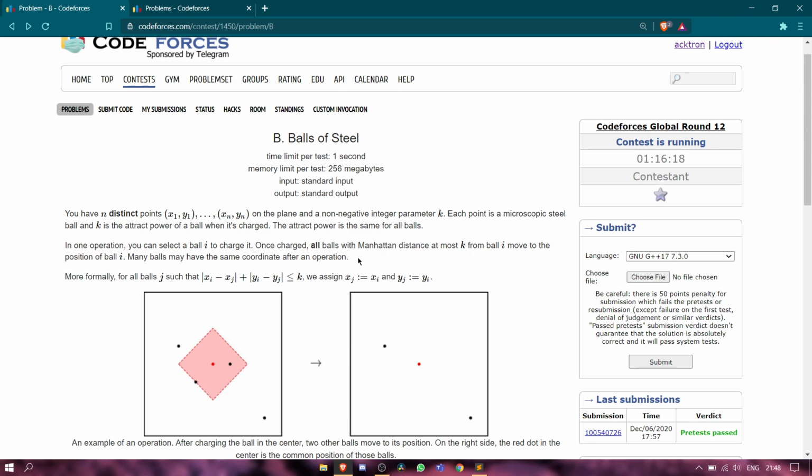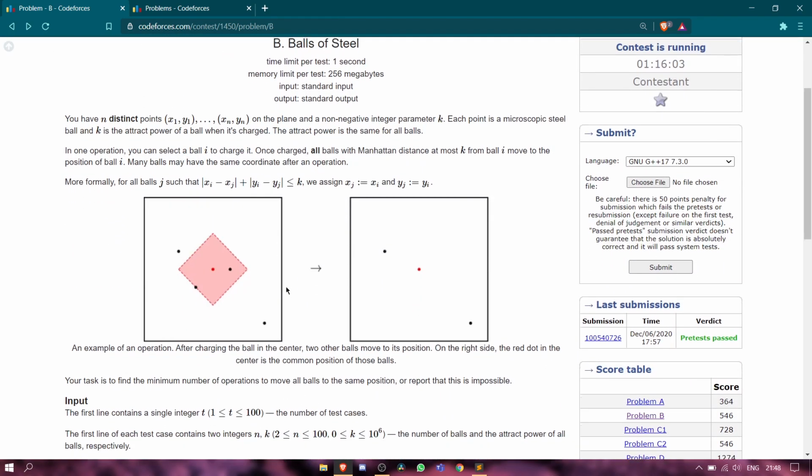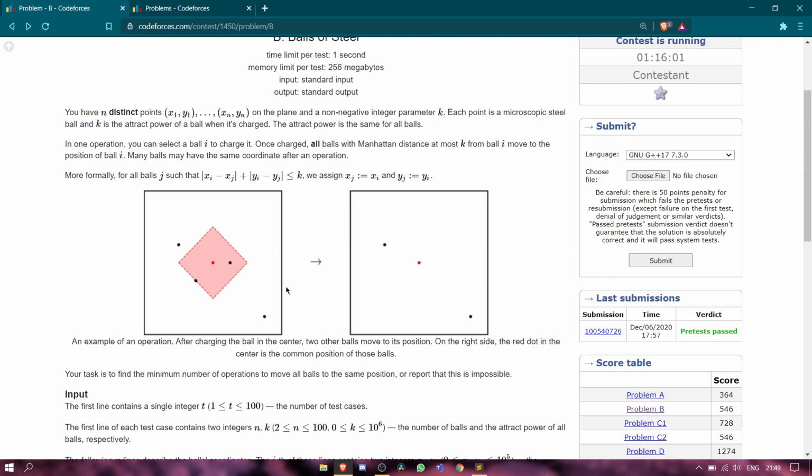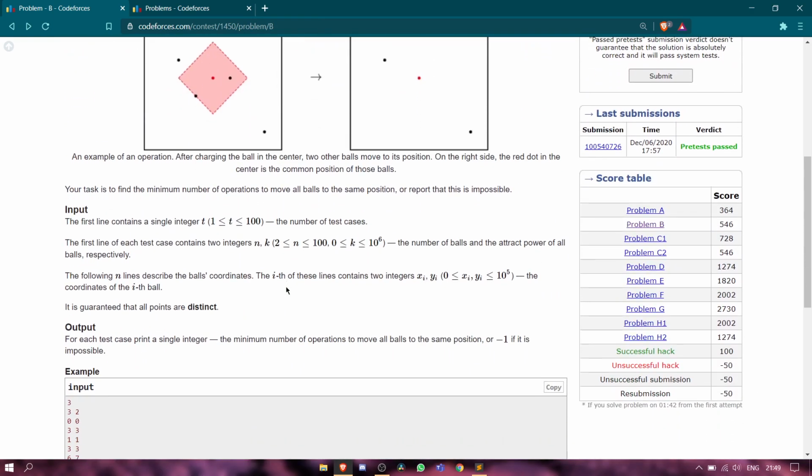Those who don't know what Manhattan distance is, it is the absolute value of xi minus xj plus the absolute value of yi minus yj. We need to find which ball we should select so that all the balls are attracted to it. So this much is the problem statement, guys.